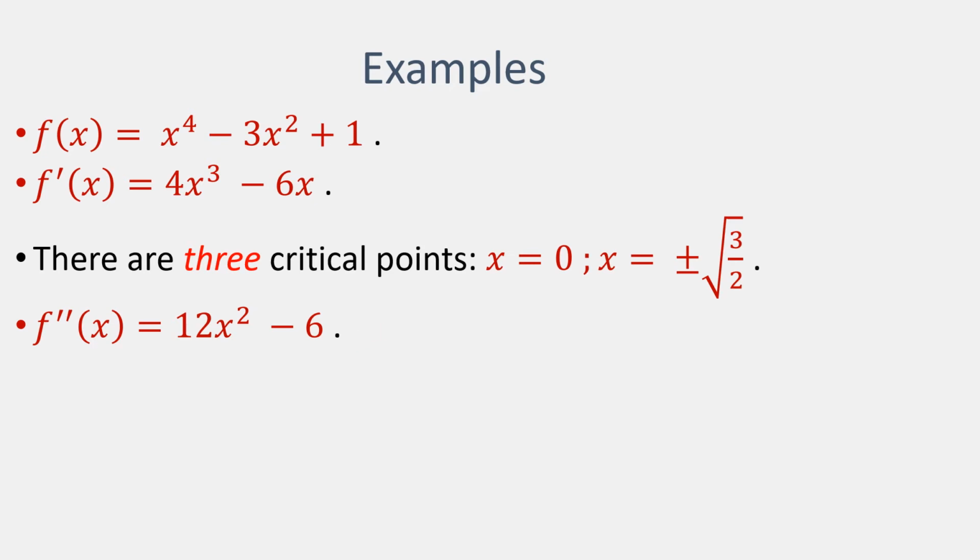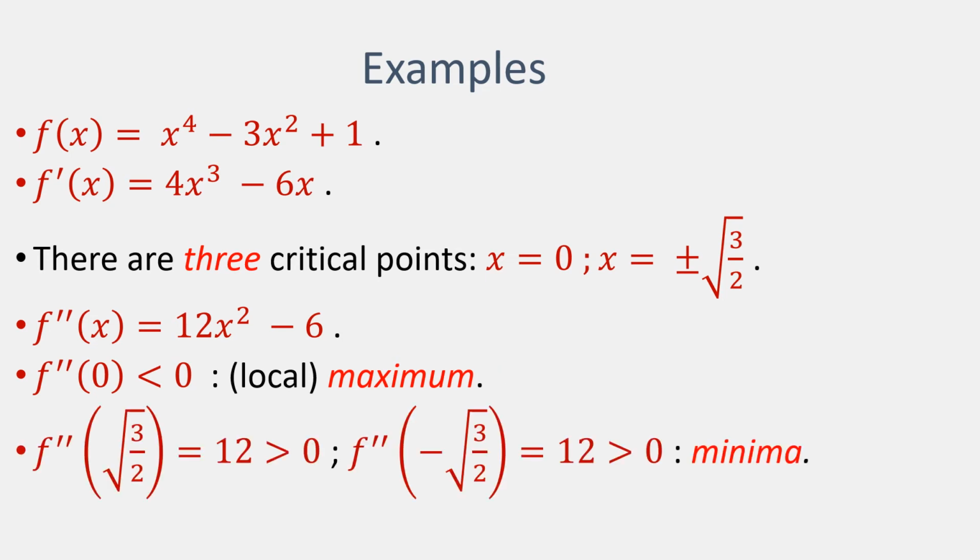So now what we have to do is to look at how this function behaves for each of these 3 critical points that we've discovered. And we start off with the easy case. When we put 0 as an input to the second derivative, what do we get? We get 12 times 0 minus 6, which is negative. That's all that matters here. So the critical point 0 is a local maximum.